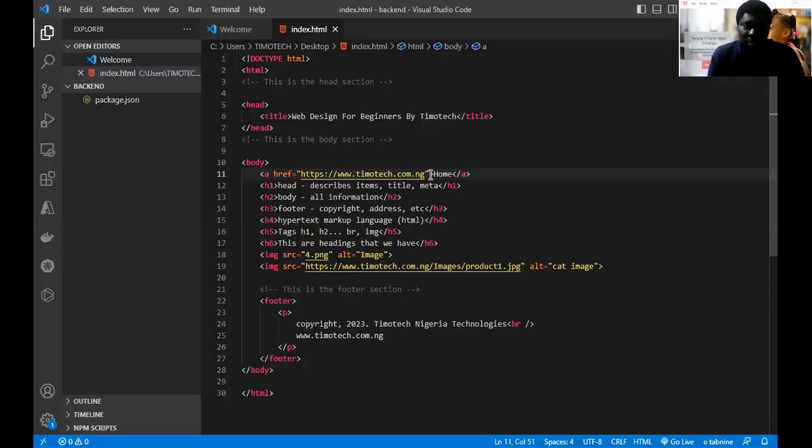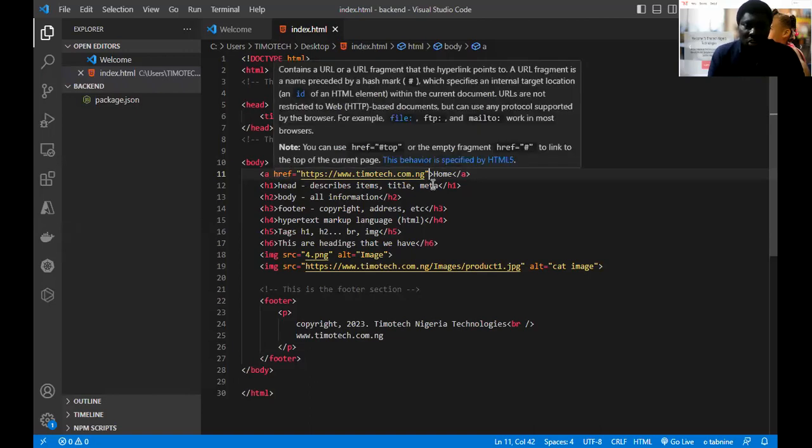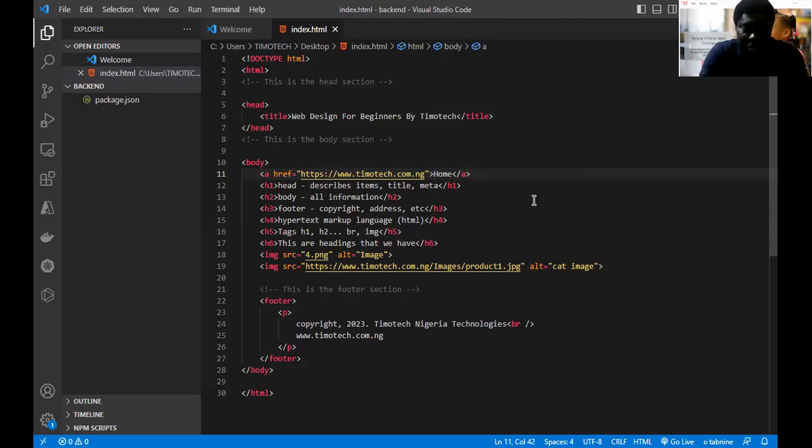Apart from this href attribute, you can also use another attribute. The attribute is called target. Target means, do I want to open a new browser, a new blank page? Whenever I click on that hyperlink or that anchor, it will open a different window for me. That is what the target does. So you can just write target here, and then